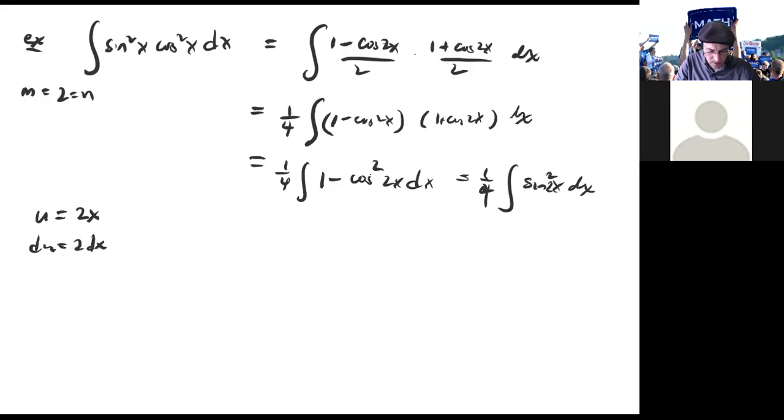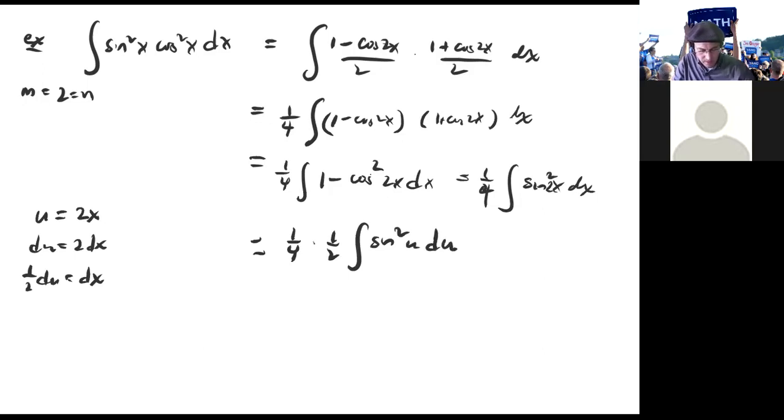And so we get this integral is 1/4 times, so we don't have 2 dx, we only have dx, so we get 1/2 du is dx. So it's 1/4 times 1/2 the integral of sine squared of u du. And by the last problem, so we have an eighth coming out, and the last problem says that